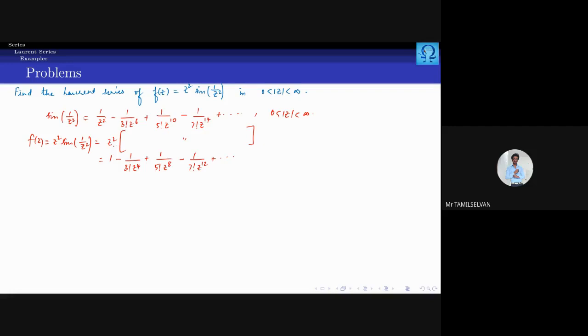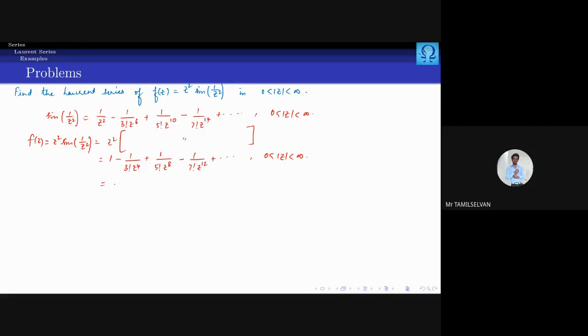See, your z square is analytic everywhere. So the region is absolute of z smaller than infinity. But your sine 1 upon z square is valid in this region only. So when you combine these two things, you will have to take the intersection of these two regions, and that is going to be the valid region for the function f of z. So the validity of z square is there in the entire complex plane. Here we have this. So when we make the intersection of these two regions, this is what we are going to have. Okay, when we try to generalize this one, what we will have is that